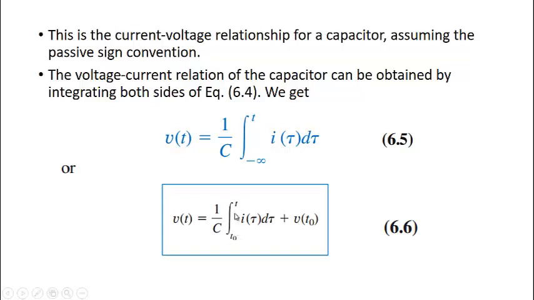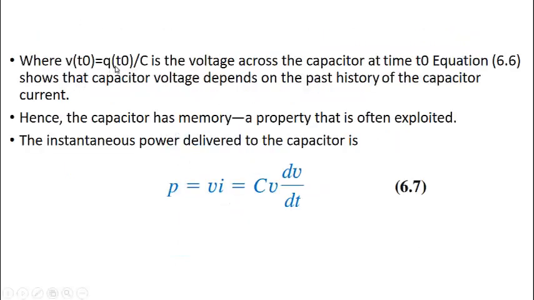So when I take it from t0 to t, that means we have to take some other values of the voltage as well, because this will come out to voltage. It will be equal to 1 by C. From minus infinity to t0, there may be some voltage which is appearing across this, and from t0 to t there is other voltage, and in that case the charge storage will increase. So what I mean to say is that v of t0 is equal to q of t0 by C, the voltage across the capacitor at time t equal to t0, from minus infinity to t0.